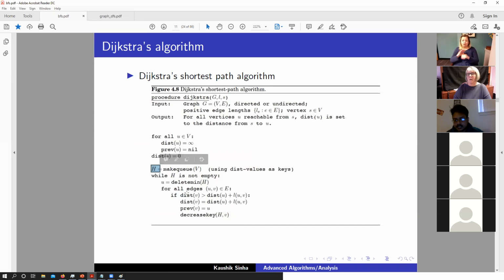Let's call that queue H, as a priority queue. And while H is not empty, we delete the vertex with the minimum value. And remember that the initial element S has a distance of 0, so that gets ejected first, where every other distance is infinity. So only the first root node is going to be extracted first.